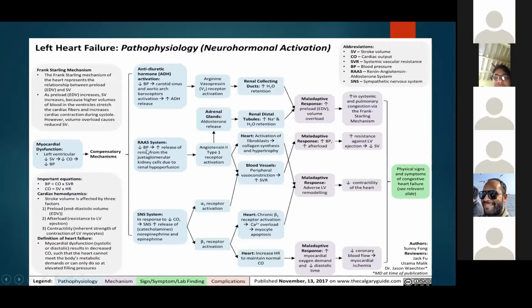It reduces blood pressure, increased release of renin from the juxtaglomerular kidney cells due to renal hypoperfusion. So you can see in that macula, the Bowman's capsule, the afferent and efferent arterioles. So in the efferent arterioles, as it reaches the Bowman's capsule, you can see these juxtaglomerular cells from where renin is released. Now, renin,